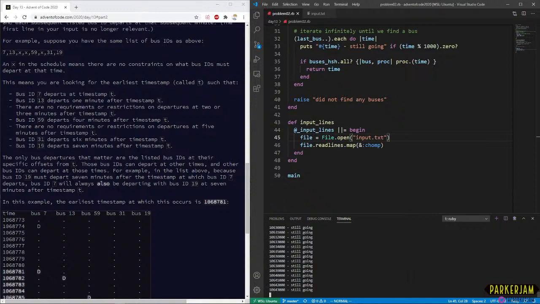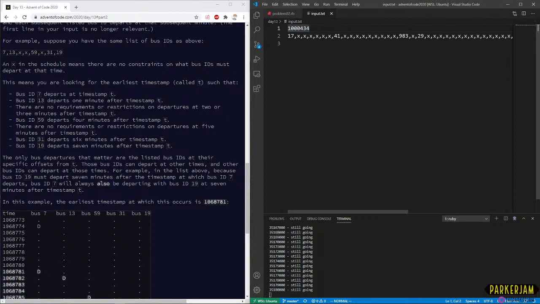So what we could potentially do is calculate the multiples of all the numbers we have in play.